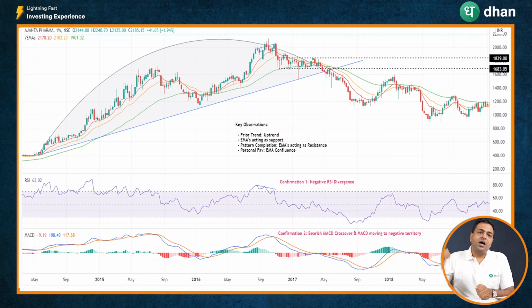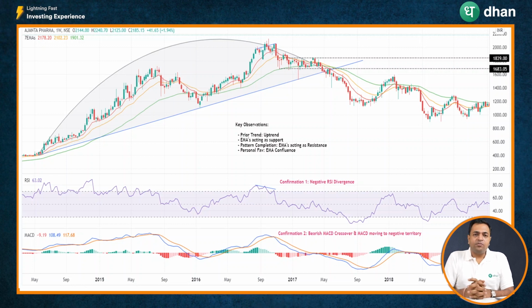stock is in a visible uptrend with your EMAs acting as a support. And once the pattern is nearing completion, your EMAs start acting as a resistance and your shorter period EMAs start converging with your longer period EMAs. And as we had spoken earlier, we can also make use of various oscillator tools like RSI and MACD to